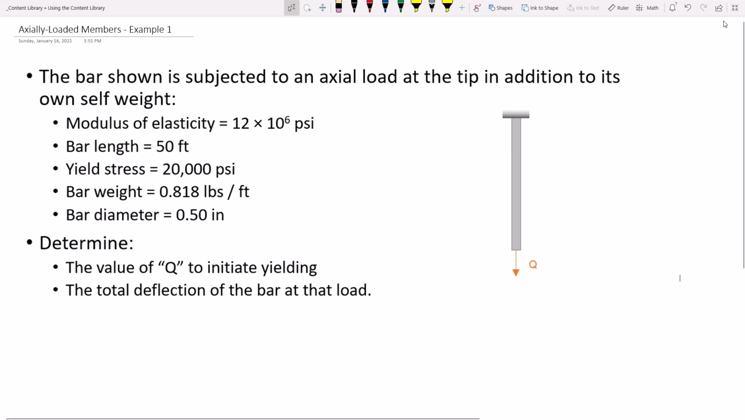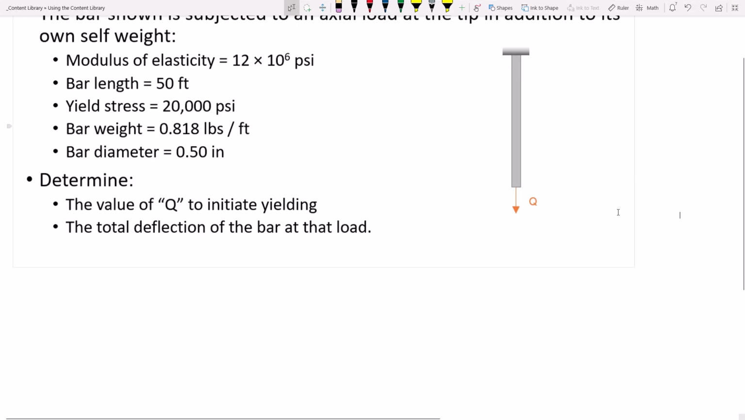Okay. So what we're going to do is we're going to sort of restate some of these parameters right off the bat. Let's just make sure that we're all sort of on the same page. All right. So